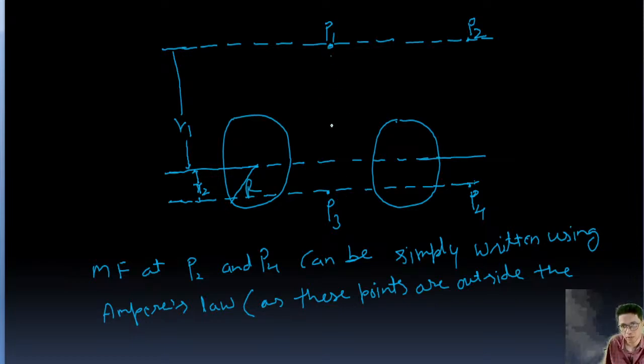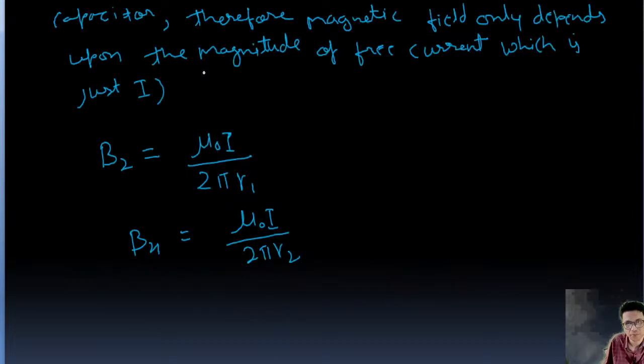P1 is within the range of the capacitor. Now the magnetic field at P1, at this point, we'll use this formula, guys, a very important formula you need to note down: integration B dot dl equal to mu 0 I enclosed